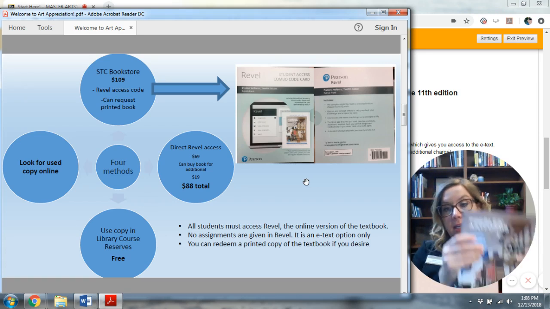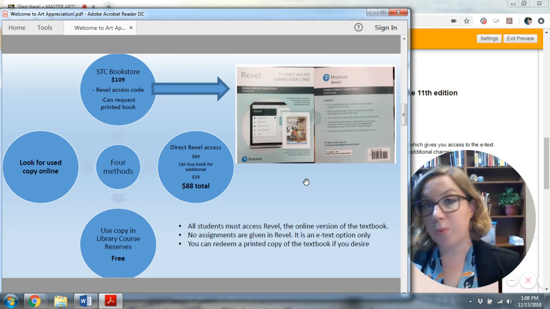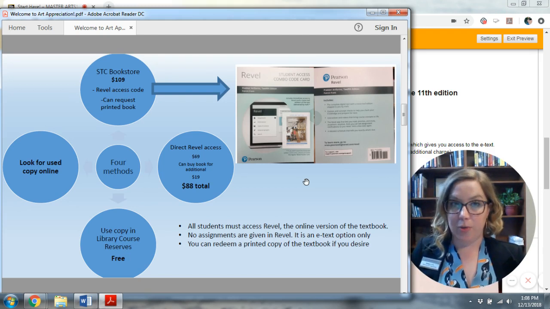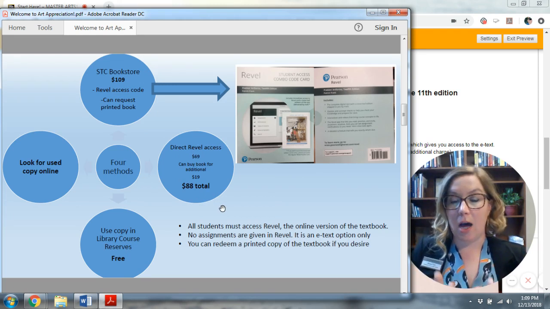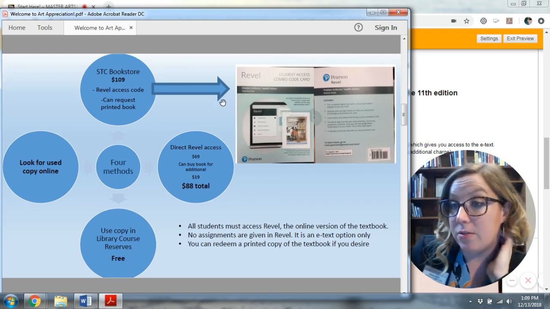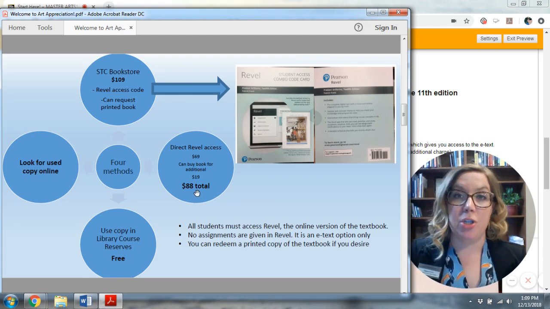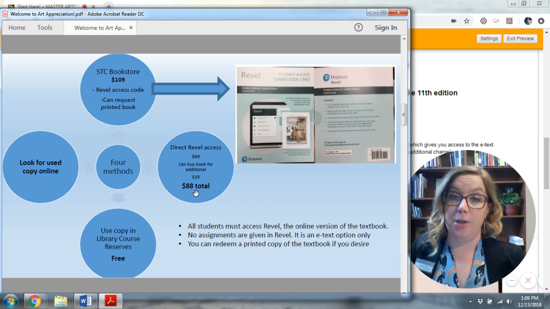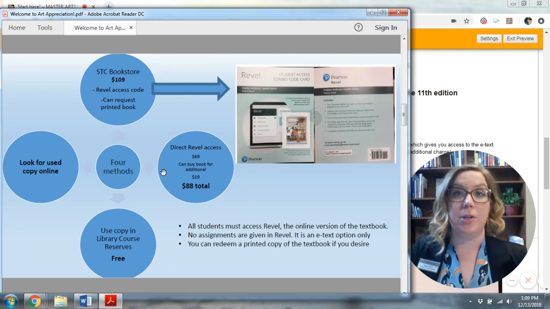But check this out. Like I said, you're not going to buy this book, but they are still printing books, and you can request one. So whenever you've registered your code or bought it from the website, you have an option to request something called the Books a la carte, which is a printed version of the book. It comes free with your code card that you buy in the bookstore, or if you go for the cheaper option, you do have to pay for the printed book. But as you can see, it's still cheaper to buy your access and your book directly